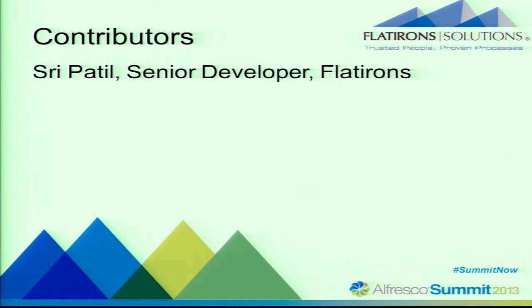Just give recognition to my colleagues. Sri Patil was the primary developer at Flatirons of this. I can't take credit for very much of the code, as little as there is that you saw. I mean, you saw almost all of it that wired this together. But he and I sat down and designed this and worked through the details and what the options were that